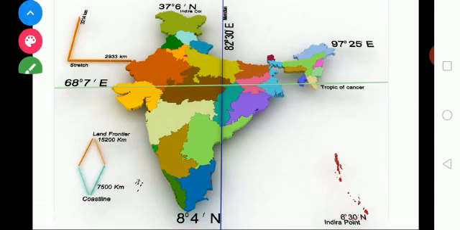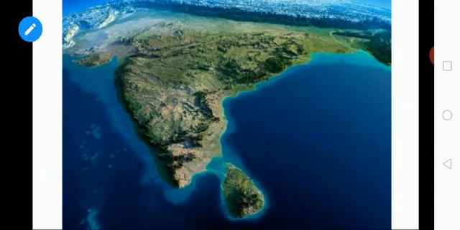So, next we are going to see that the landmass of India has an area of 3.28 million square kilometer, okay. India's total area accounts for about 2.4% of the total geographical area of the world, okay. So, it is clear that India is the 7th largest country of the world. India has a land boundary of about 15,200 kilometer and the total length of the coastline of the mainland, including Andaman and Nicobar and also the Lakshadweep,